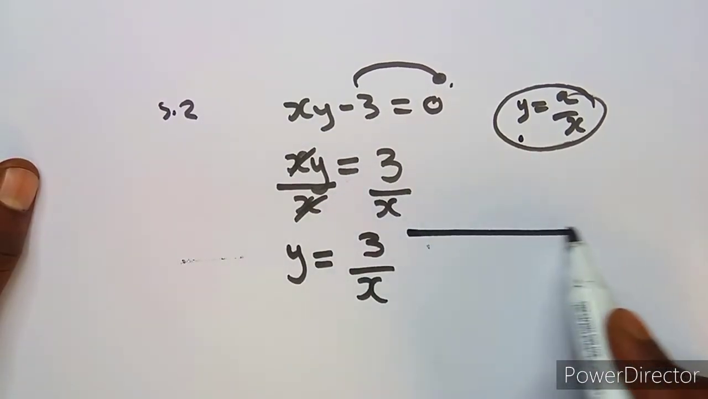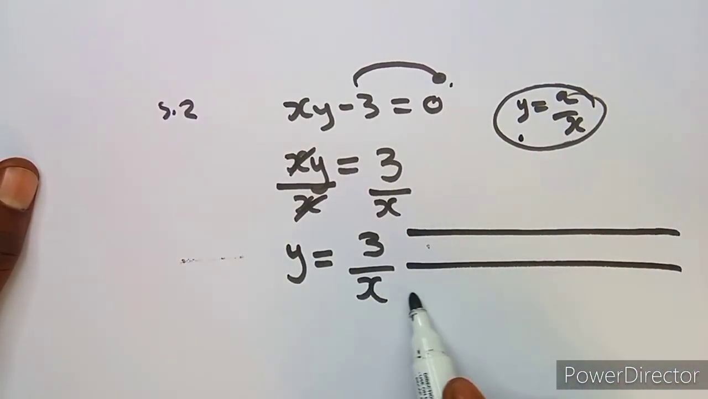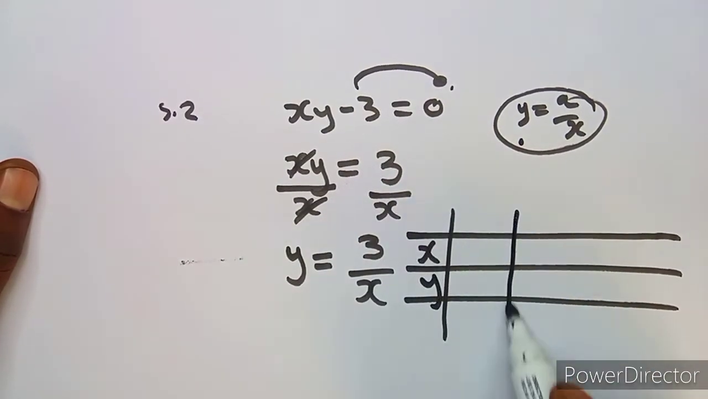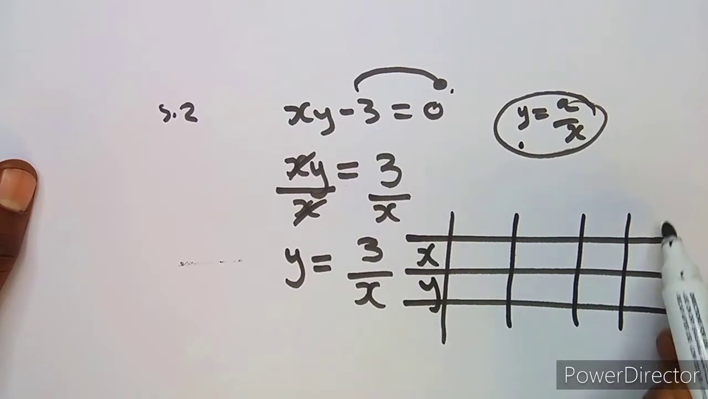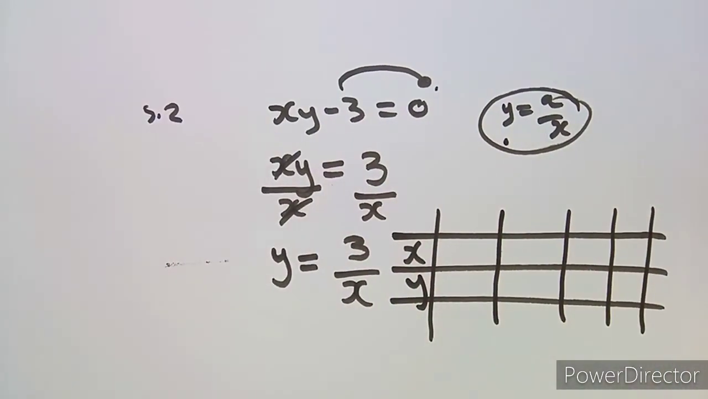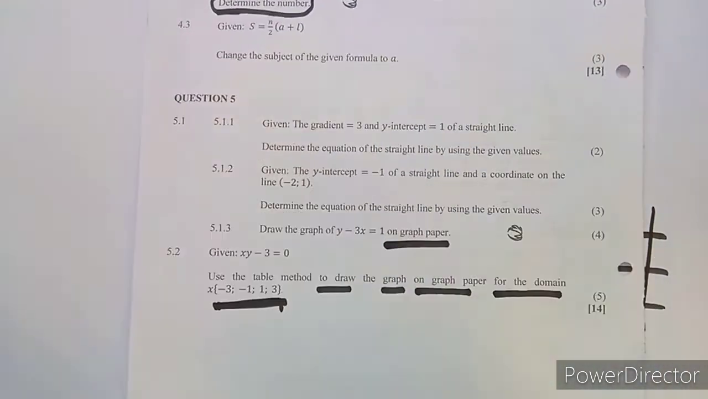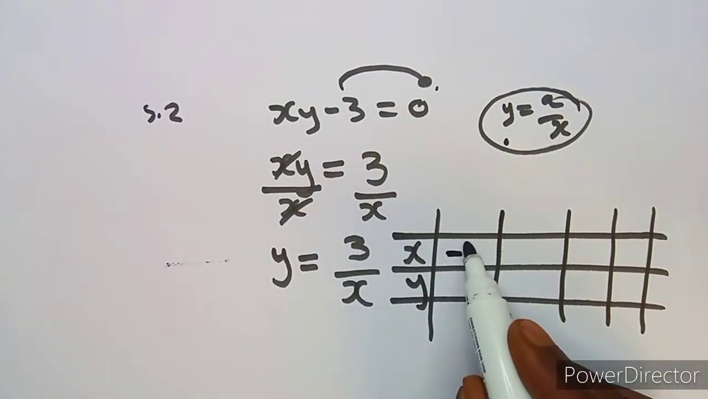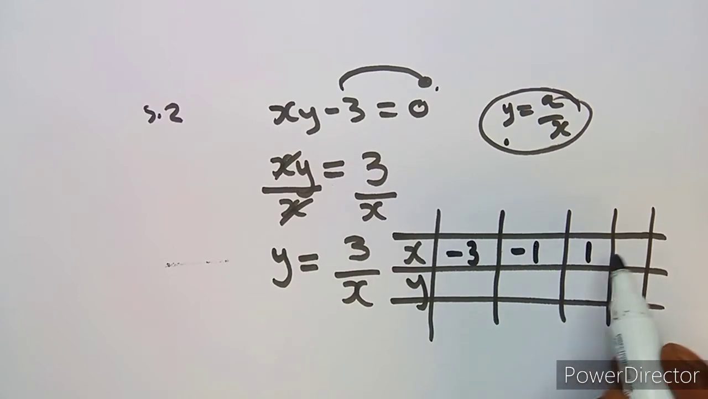So that's my equation. So therefore, let us have the table here, guys, x and y. So we are given the values of x to use from -3 up to 3. So I'm just going to use these values: -3, -1, 1, and 3. So it's -3, -1, 1, and 3. So just like the previous part,